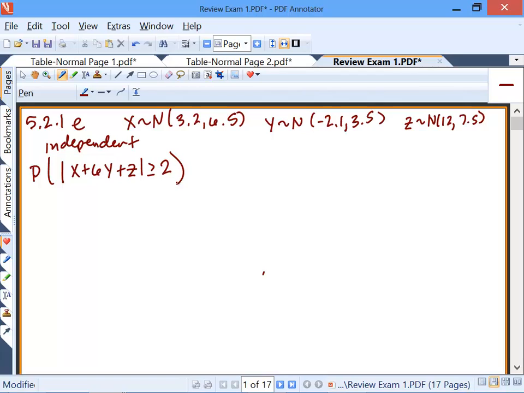Now again, I told you that when you look at the solutions manual, it makes this look really complicated. But we're not going to make it complicated. We're just going to say, I have a new random variable, and I'm going to call it W, which is X plus 6Y plus Z. What I need to do is find the new mean. So let's write it as the expected value of X plus 6Y plus Z,